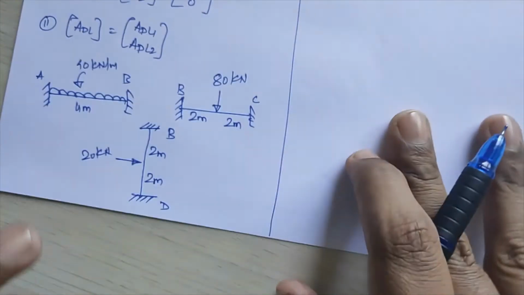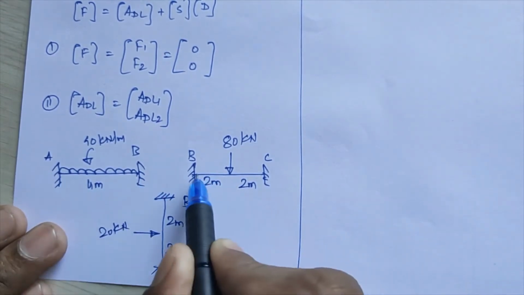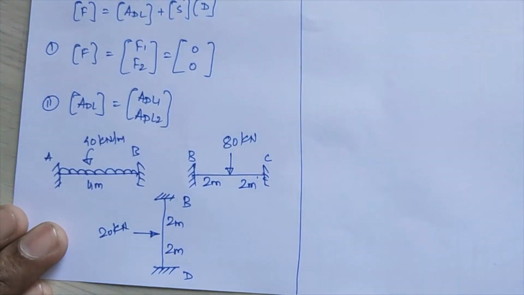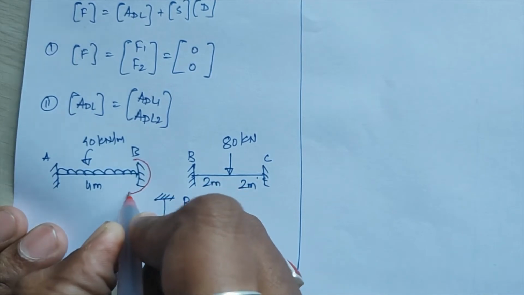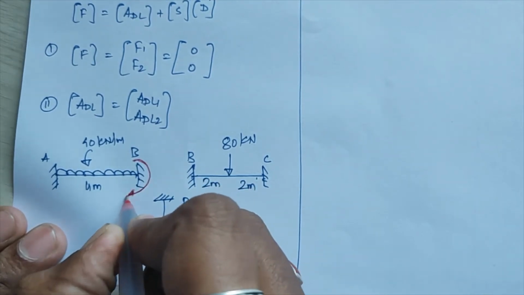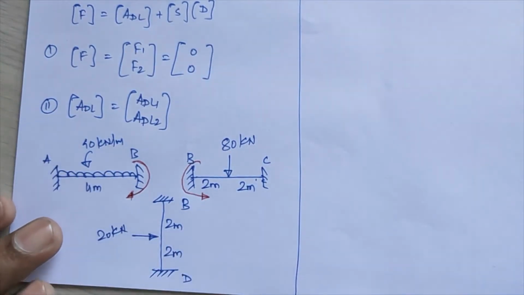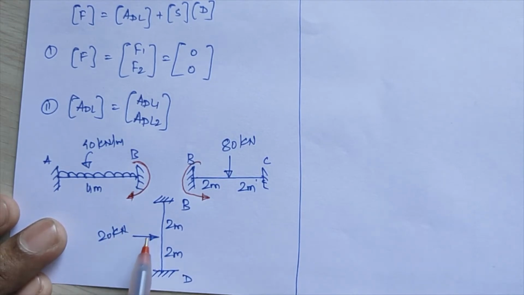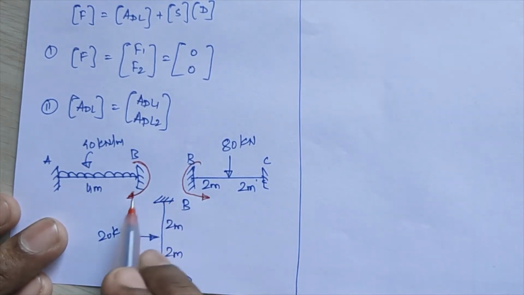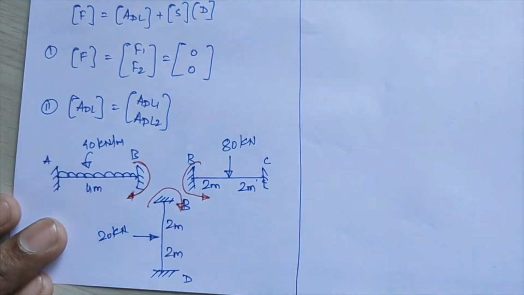So you have to calculate the ADL1 at this joint B over there, that will be for member BA, for member BC, and third will be for member BD. So I'll mark those over here. Restoring moment signs I'll put here. So restoring moment sign for this will be clockwise in nature, right? For this BC, that will be anti-clockwise in nature, and for BD, that will see along this joint B, this 20 kilonewton force will be introducing an anti-clockwise moment. Its restoring moment will be in clockwise nature over there.